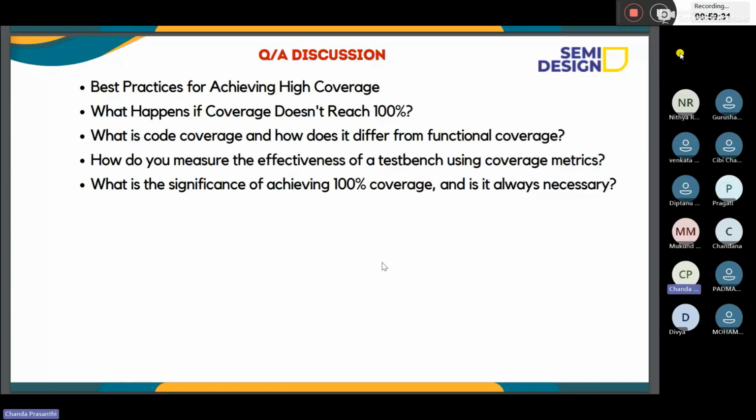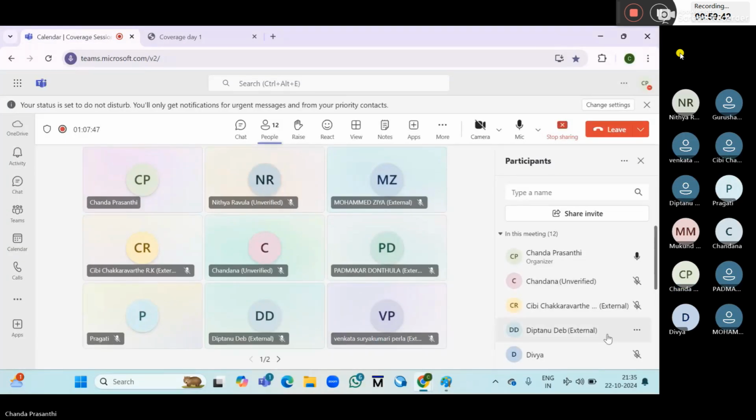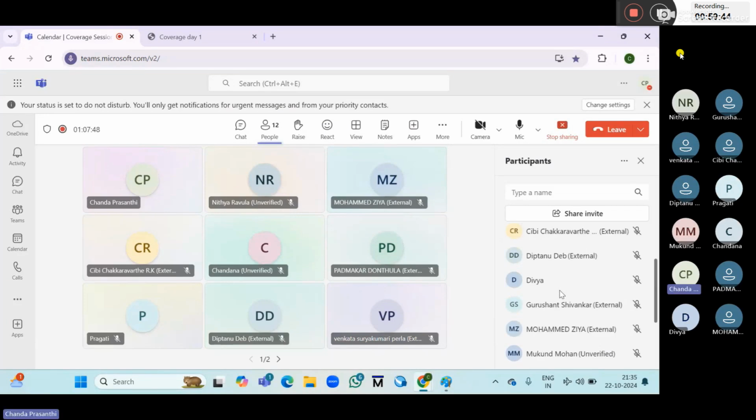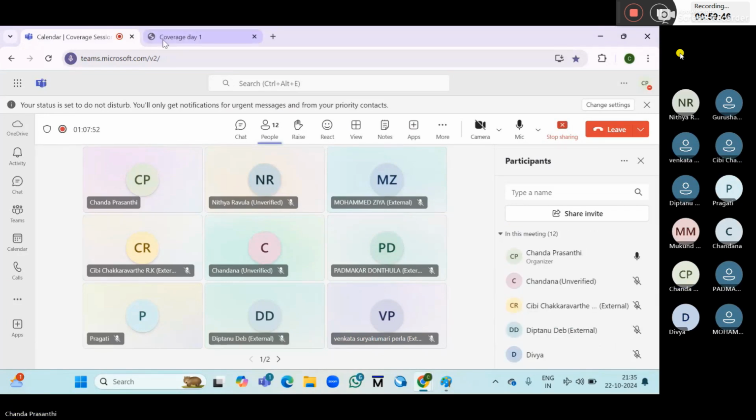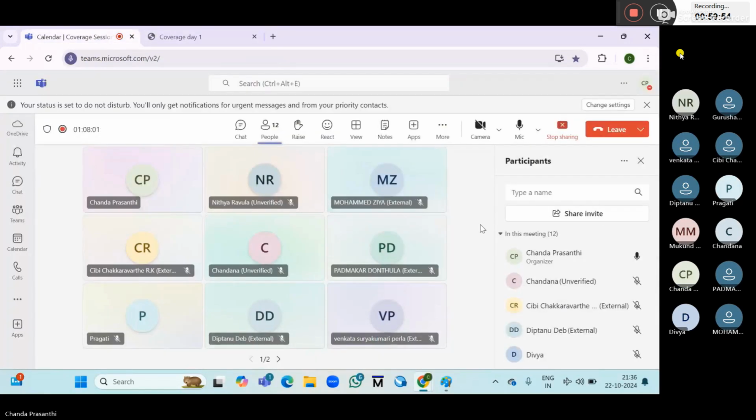Okay. Others? Next question is for Padmakar. What is code coverage and how does it differ from functional coverage? Code coverage is used by design engineers, ma'am. In that they check each and every line of code and exercise it.